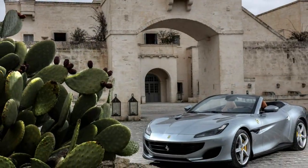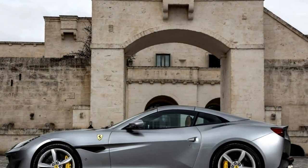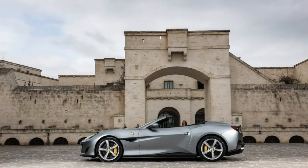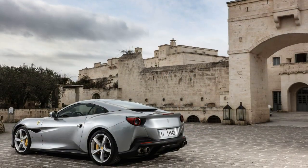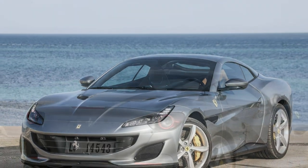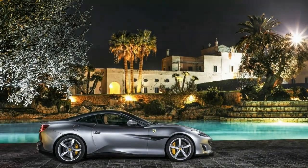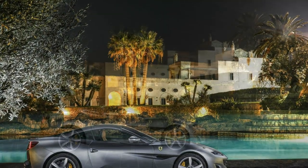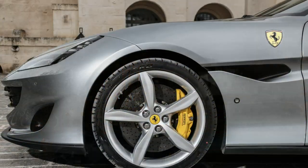Despite being only 0.1 inch lower, 1.1 inches wider, and 0.7 inch longer, the Portofino's look is light years beyond the California's tall, narrow, and somewhat doughy appearance. A pair of fairings trail off of each rear seat's headrest into the trunk lid to break up the panel's visual heft, and when the roof is raised, those spears gracefully carry the greenhouse's profile all the way to the